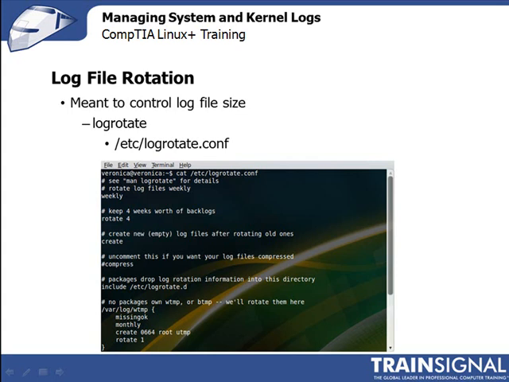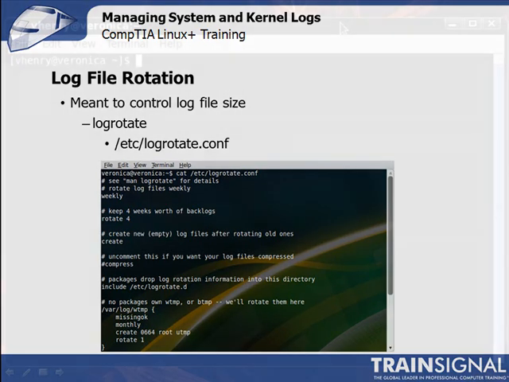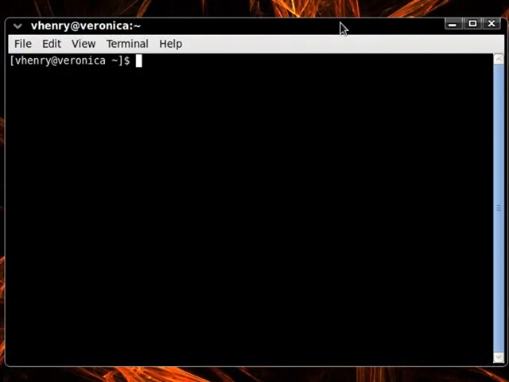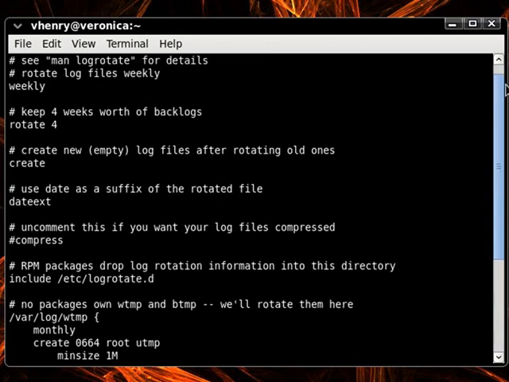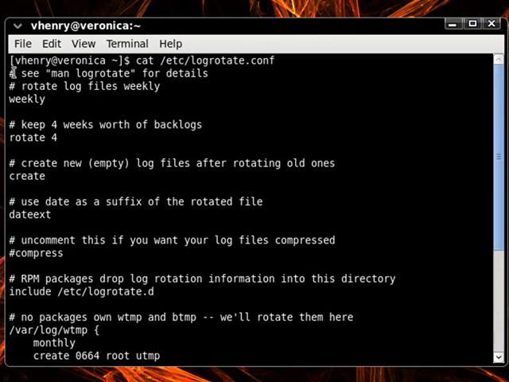Let's go over to our terminal window and take a look at a live configuration file. I've already cleared our window, so let's type in cat space /etc/logrotate.conf and hit enter. Let's scroll back up to the top. You can see again that we start off with a couple comments indicated with the pound sign. Then we've got a weekly directive, which says to rotate the log files weekly. We've got create, got a date directive,